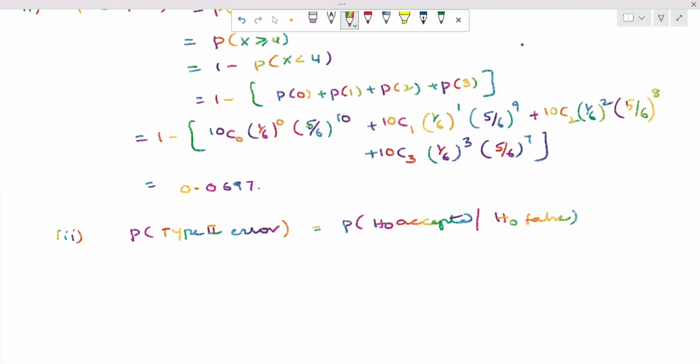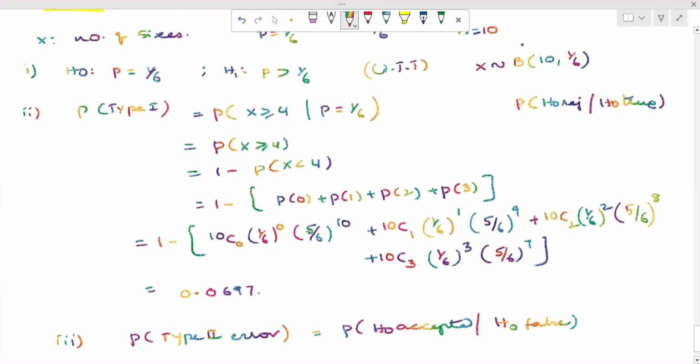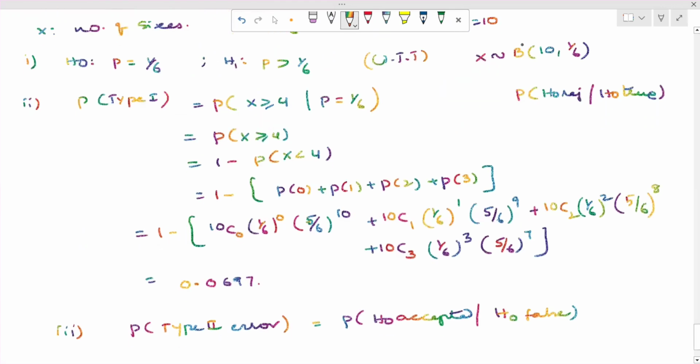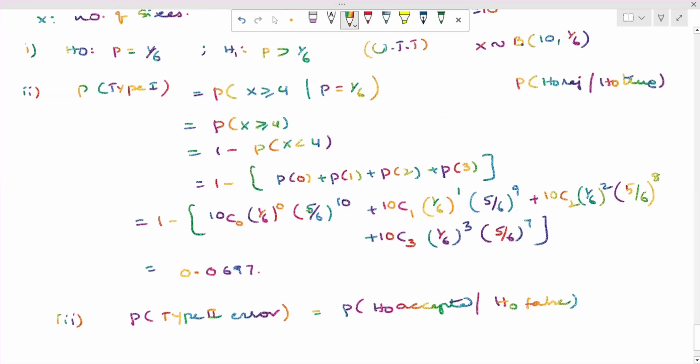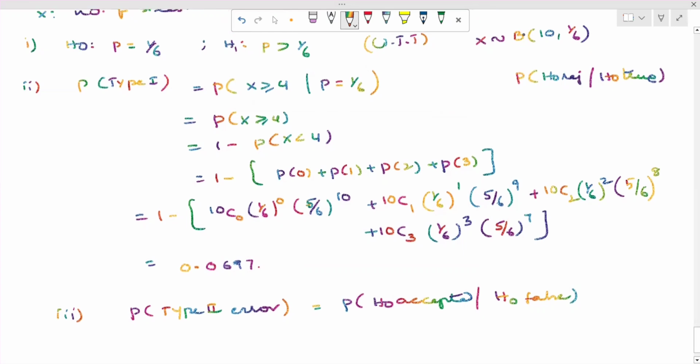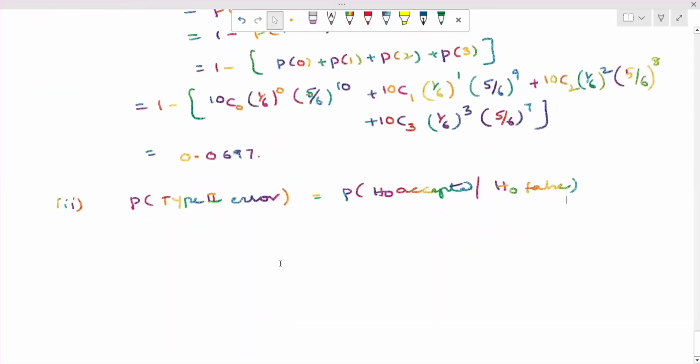H naught is false, what is the meaning of that? Here, H naught is false means P equals 1/6 is not a true statement, so P is greater than 1/6. If this is false, meaning P is greater than 1/6, then H naught is accepted over here. Means our null hypothesis will be accepted. So what we can say over here: